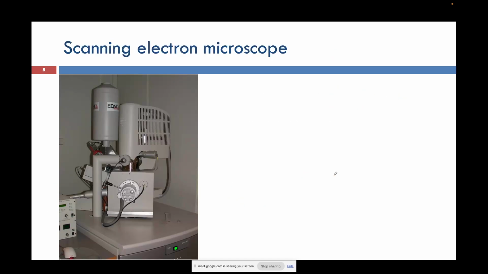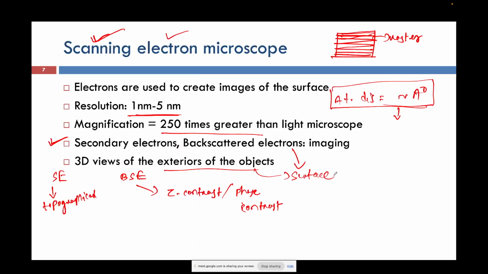Excuse me. Yes. Secondary electron for fractography. Why? Can you explain again, please? Yeah, secondary electron for fractography, because